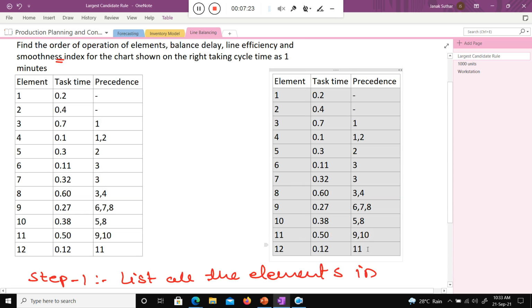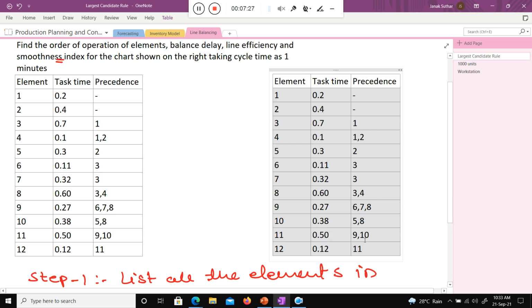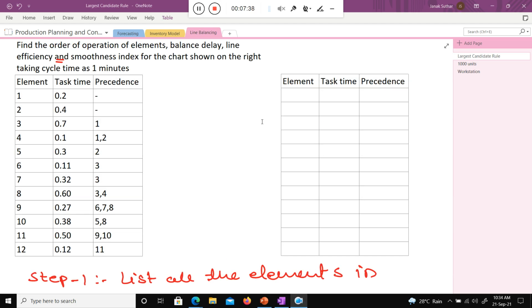Class, please help me with the calculation part. What is the first thing? List all the elements in decreasing order of their task time. So first you need to consider the maximum task time, right? What is the maximum task time here, class?